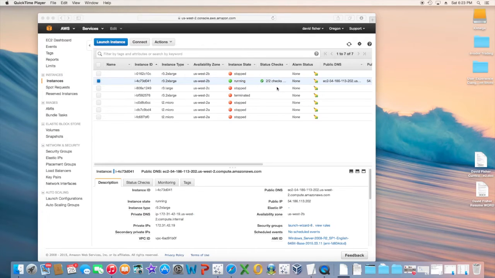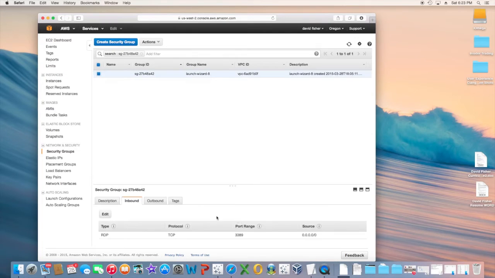That generally indicates everything is up and running and you'll be able to get that password. The other thing that we have to do is, when we launch this, we use a default security group that was automatically generated for us when we launch this instance. But the one thing that we want to be cognizant of is that the default one only allows inbound traffic for remote desktop, or RDP, which for right now is not necessarily an issue,